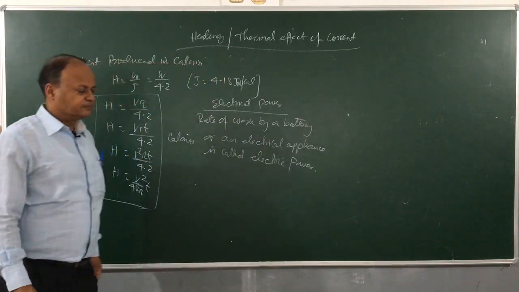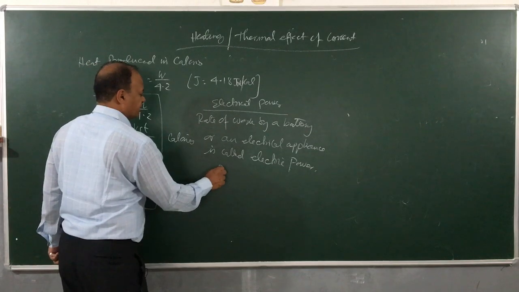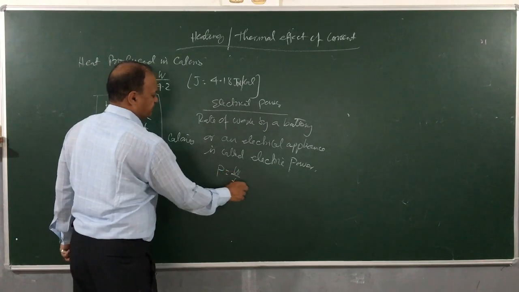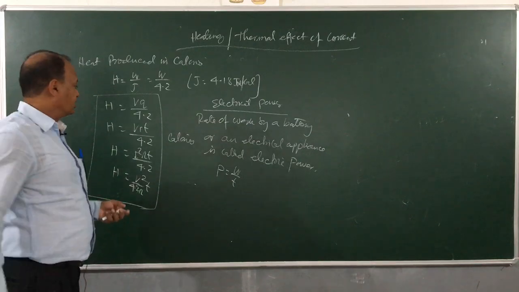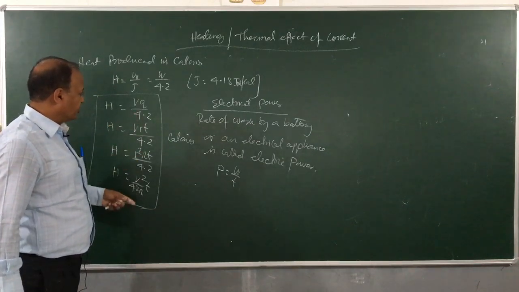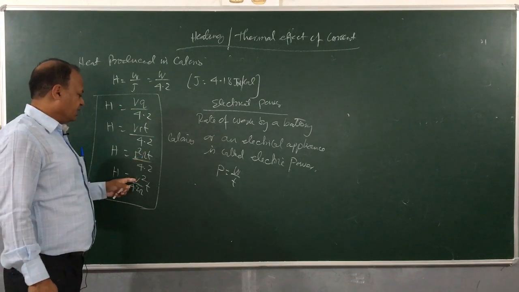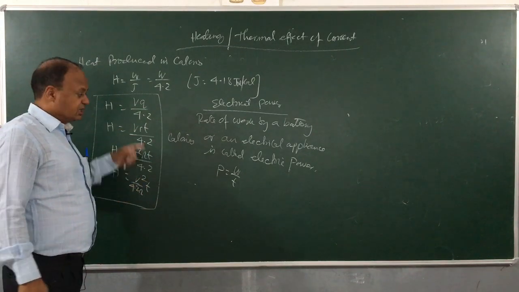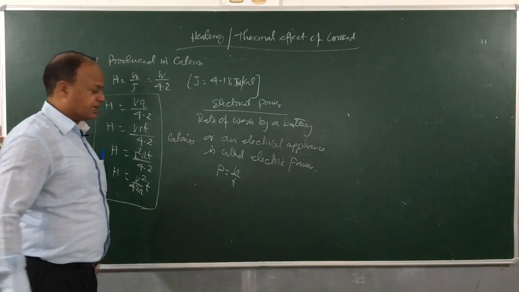So children, electrical power P will be equal to, like any other power, work by time. And then four formulas for work we have got. This is all calorie. If you remove 4.2, then VQ, VIT, I square RT and V square T by R, right? So if you divide all this by T, then T will disappear, and then here we will get P